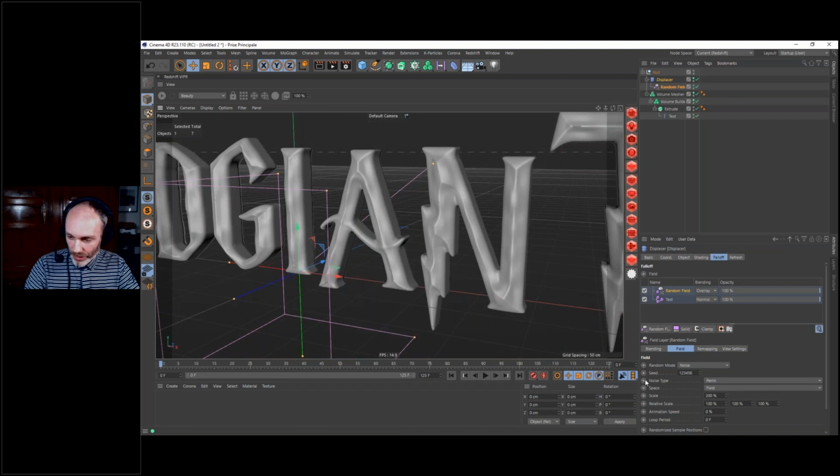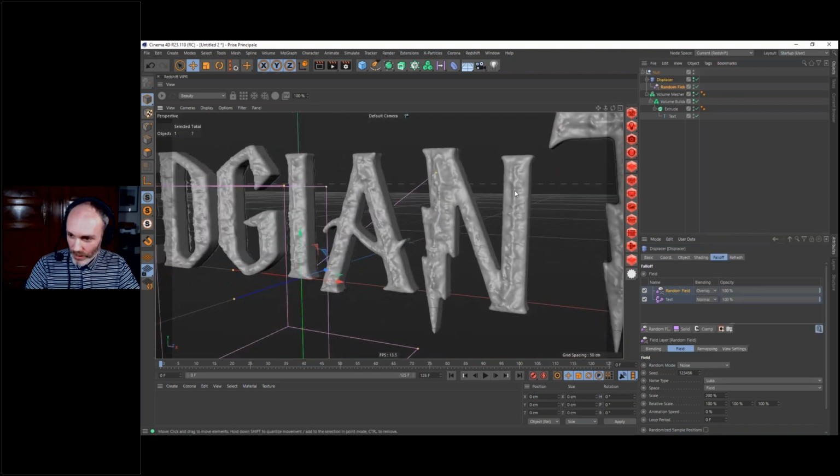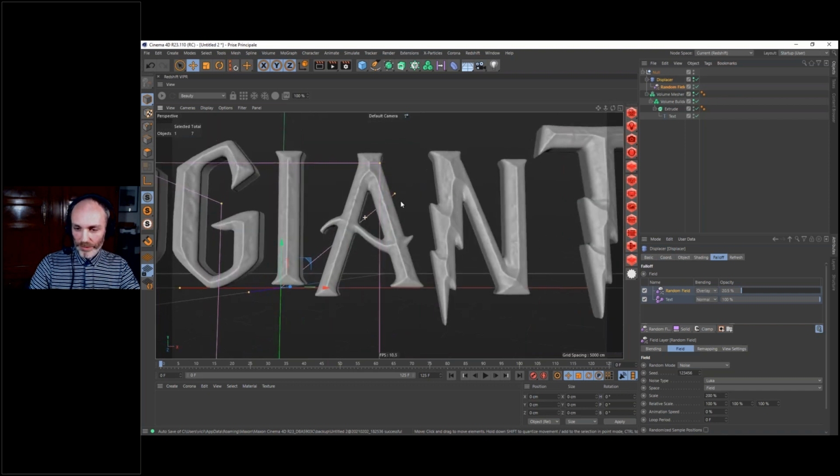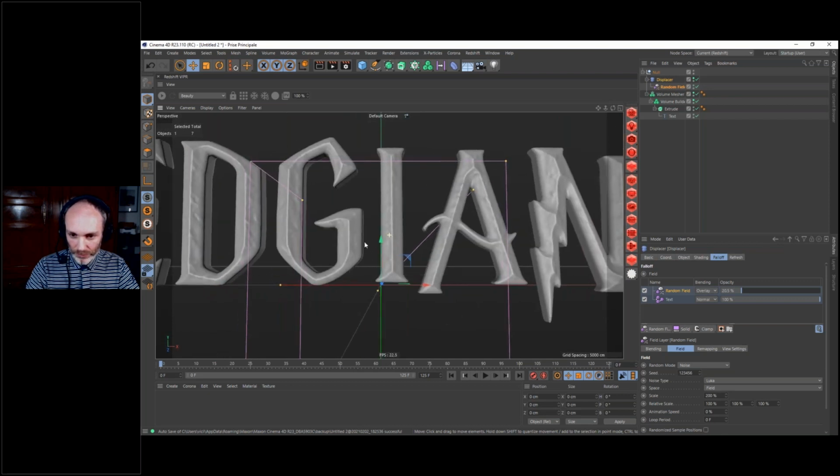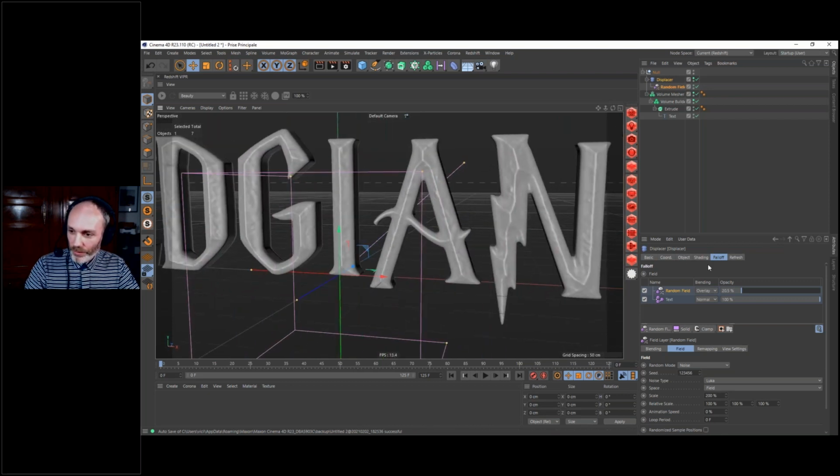Of course, you can change to some different noise type. So here, the Looker has some interesting results because it's going to give us a lot of detail, and then we're going to decrease the intensity. And it's going to give us already some kind of nice breakup here on the edges, some crevices and so on. We could have even more control here on our field.